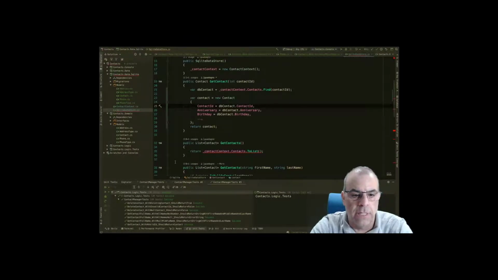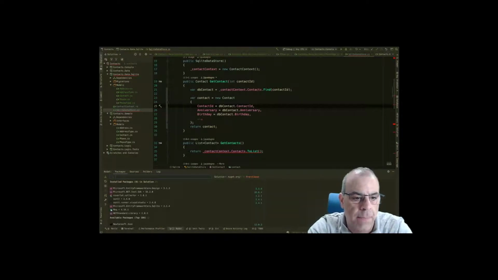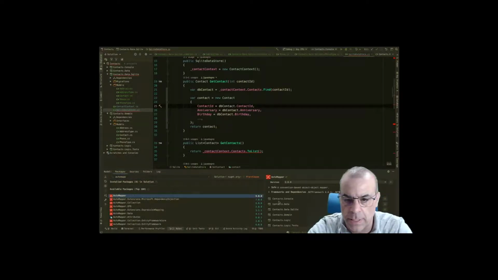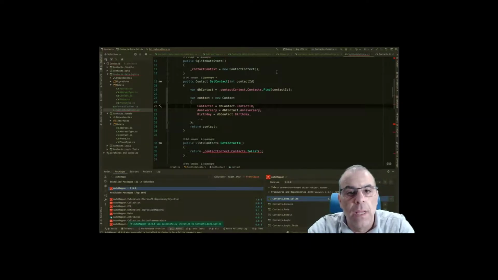So the first thing is we need to add in that NuGet package. So let's do Automapper. It's the first one in there. So I'm going to do Automapper and put it in our context.data.SQLite. Click add and install. Okay, it was successfully installed. Now